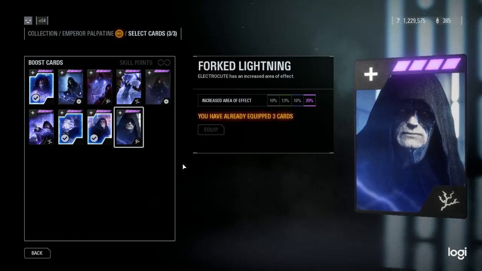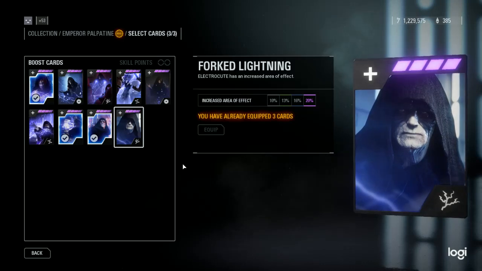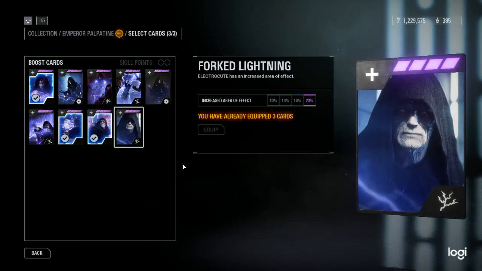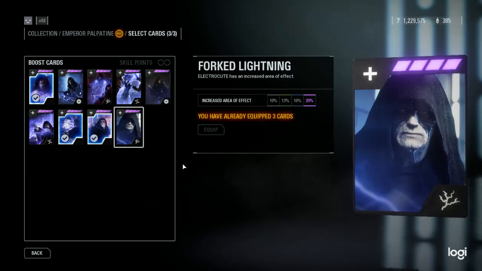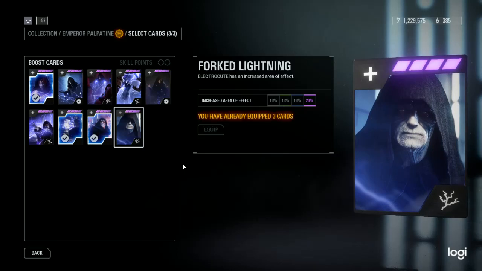So yeah, this will probably be called something like "I am the Senate," one of the lines that he says. I think "I am the Senate" would suit it. And basically what it would do is increase his health, and this would actually be much better than Dooku's